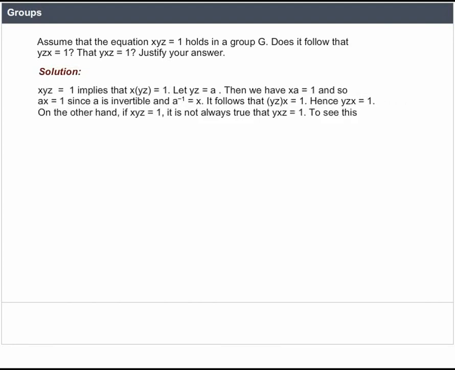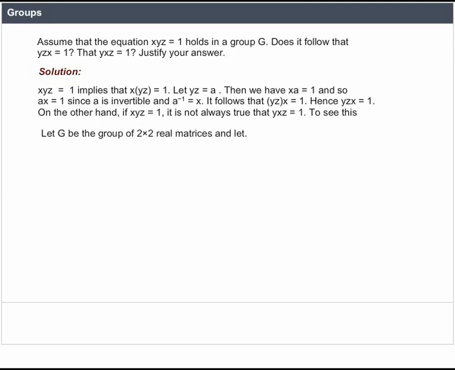xyz = 1 implies that x(yz) = 1. Let yz = a. Then we have xa = 1, and so ax = 1. Since a is invertible and a inverse equals x, it follows that (yz)x = 1, hence yzx = 1. On the other hand, if xyz = 1, it is not always true that yxz equals 1. To see this,